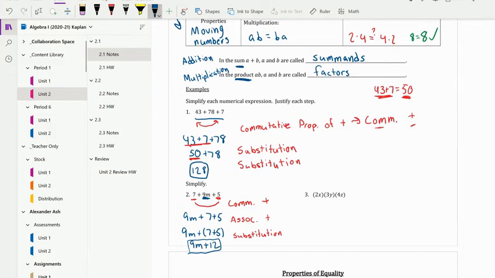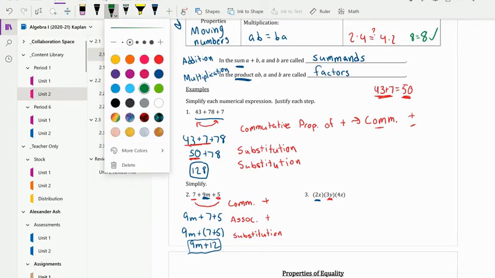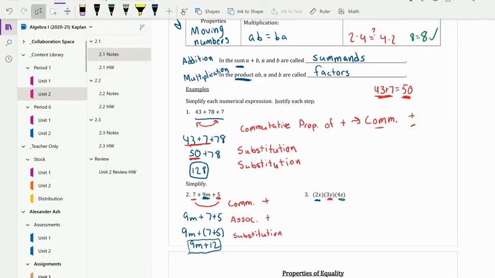Here we go. Next one, so with multiplication, notice you've got a 2x, a 3y, and a 4z. With multiplication, you're probably sitting there thinking, well, I can't do anything with those because none of those are like. One has an x, one has a y, one has a z, which if this were addition, you'd be absolutely correct. But with multiplication, like terms doesn't really matter. What you can't do is multiply an x times a y and get an actual answer from that, because x times y is just x times y, right? There's nothing really to multiply. But what we can do